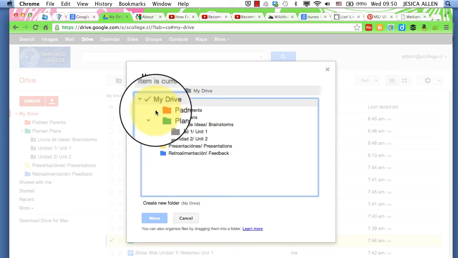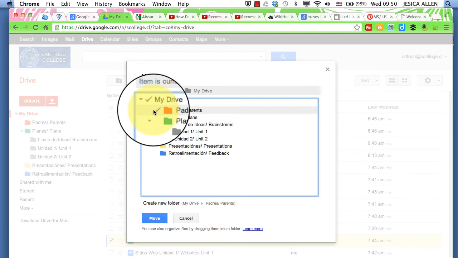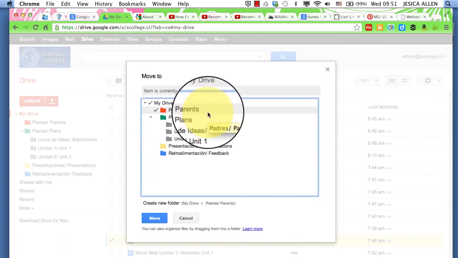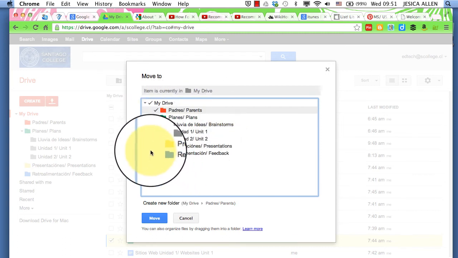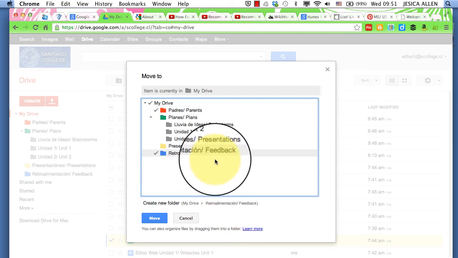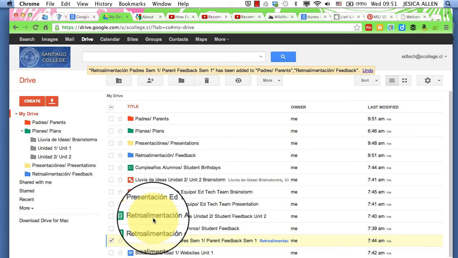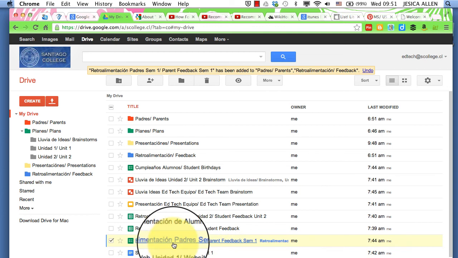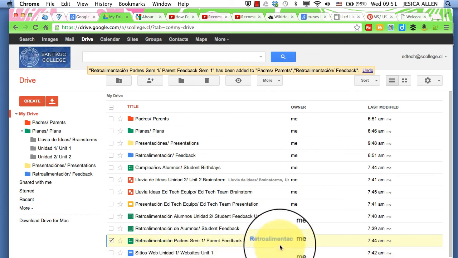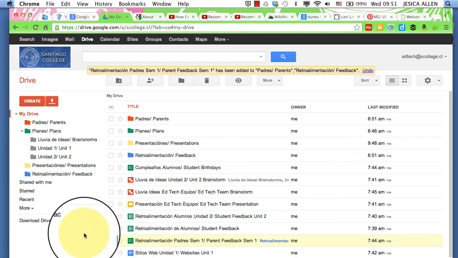It could be parents, so I'm going to hold down my Control button on my keyboard if I have a Windows machine, or my Command button if I have a Macintosh, and I'm going to choose this folder label, Parents. But it's also feedback, so I'm going to also choose the feedback folder or the label. Now I will choose Move, and that document has now gone into two different places with two different labels. You can even see here it's telling me it's in the feedback folder.